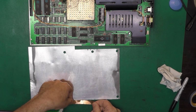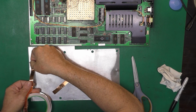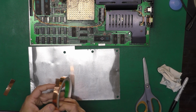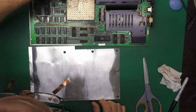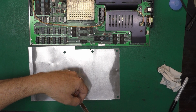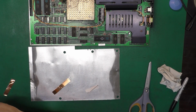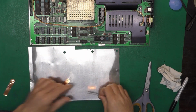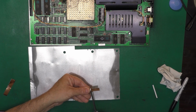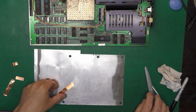So I think what we'll do is chop up a couple of pieces of tape about the right length. And for these, I'm going to make a slightly thinner piece like that for the ones that go up toward the top of the board there, because there's not a lot of room there. Let's chop that in half. Those are probably too long, but it'll work. Okay. So now